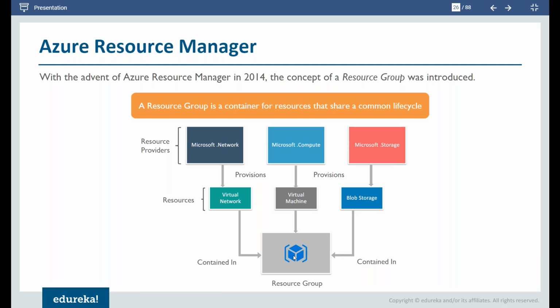Or think about it this way: if you are creating an application and you want to have a dev environment, a pre-prod or UAT environment, or a production environment, you are not going to create the same set of resources and put them inside a single folder, right? You will always want to have different folders, one for dev, one for pre-prod, one for production. So there you can create 3 different resource groups. Then you are going to create your resources and put them into that resource group.